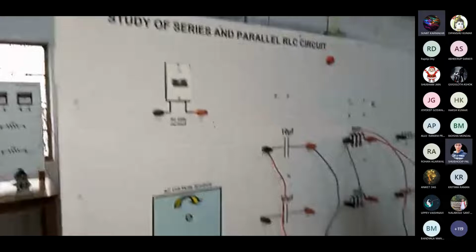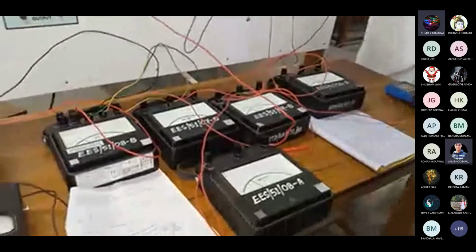Right. We are switching it on again. Then we are increasing, say this. We are trying to set this to 120 volt. Okay. See, we have fixed the voltage at 120 volt. Right. So we have fixed it at 120 volt.